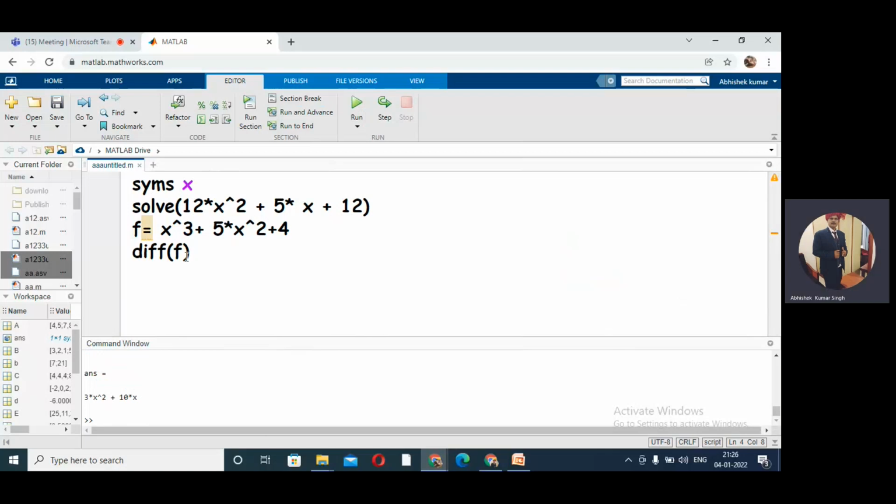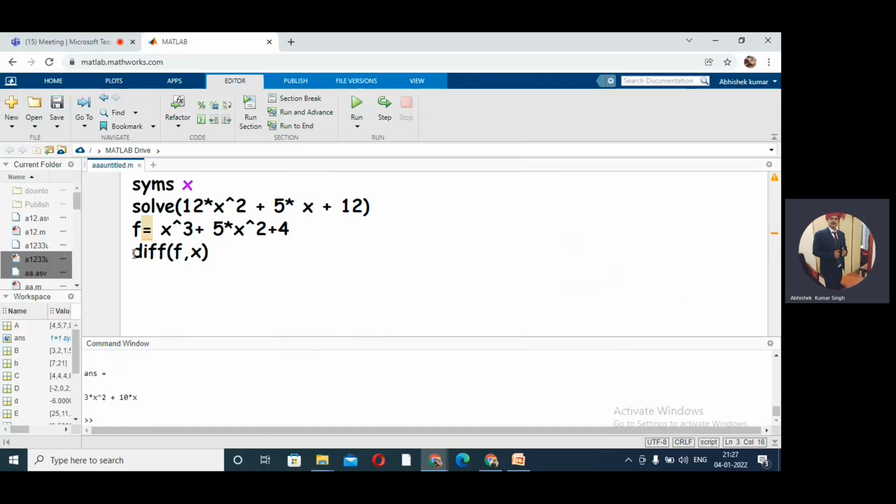Fine. Now what is diff comma x? Here we are writing the differentiation of f with respect to x. Actually no need here, because we have only one variable, so by default it will take x only, but still let me see that. We are getting the same answer, right? So this is useful for partial derivatives. When we have a function of two variables x and y, and you want the derivative with respect to x or y, that time you can use diff comma f comma x. I'll show you. So this is the first derivative.